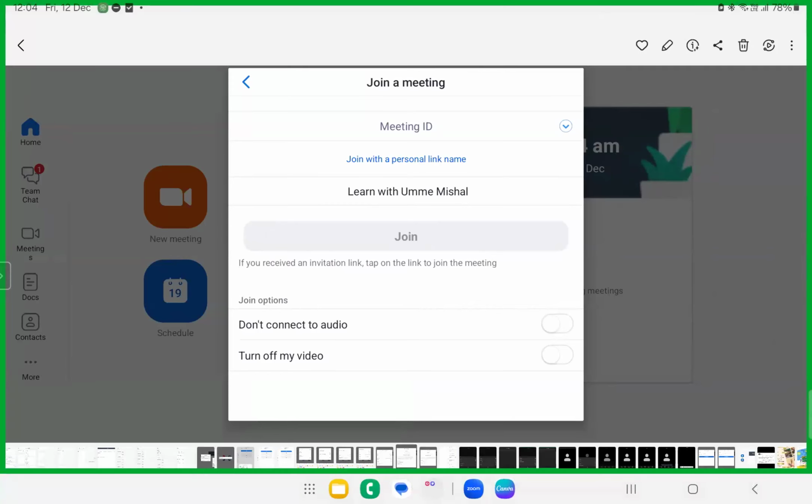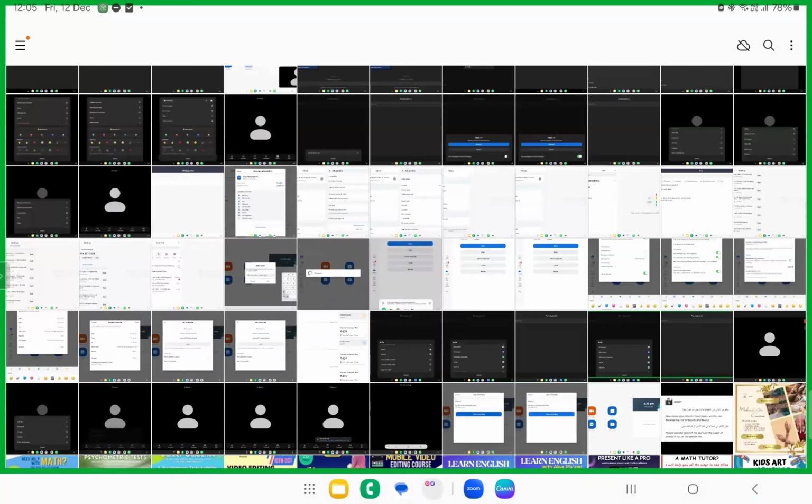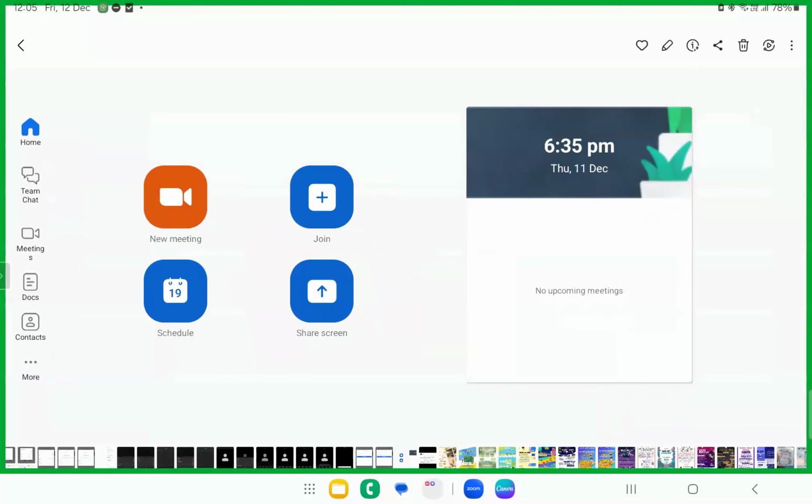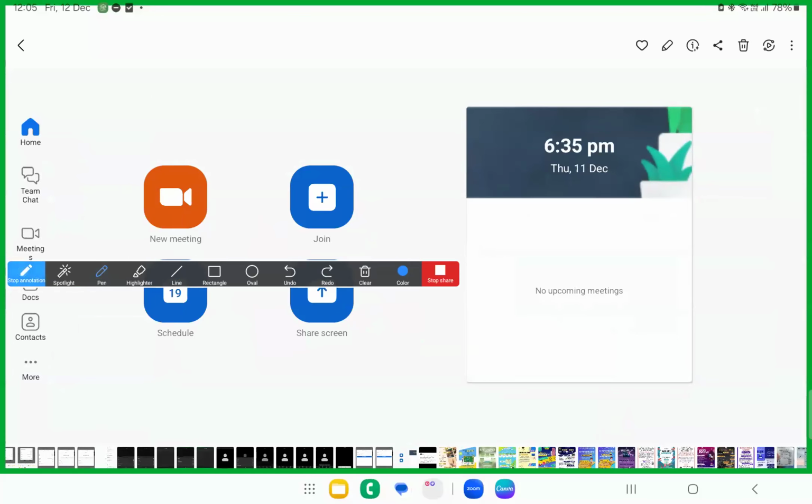The third thing that we are going to go ahead with is scheduling the meeting. This is all you have to know, my dear students, because you will be working on tutoring, isn't it? For every day, if you have tutoring batches, my dear students, you need to know how to schedule your classes. Okay, how you're going to schedule your classes.